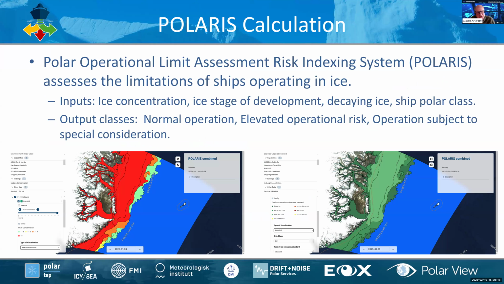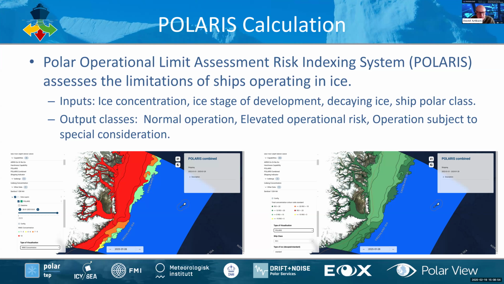The algorithm considers information about the ice, so ice concentration and stage of development, whether or not the ice is decaying. Ice in the summer has different properties from ice in the winter, which is harder. It also considers the polar class of the ship, i.e. the design of the ship and what the designers say it can do, what type of ice it can go through. All of that information is taken in, and out of the algorithm comes classes of